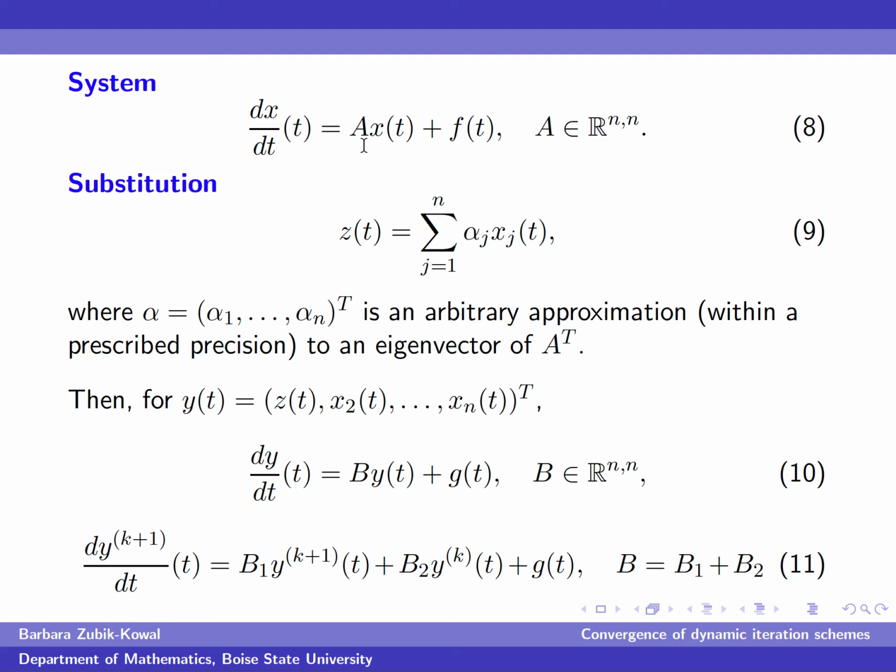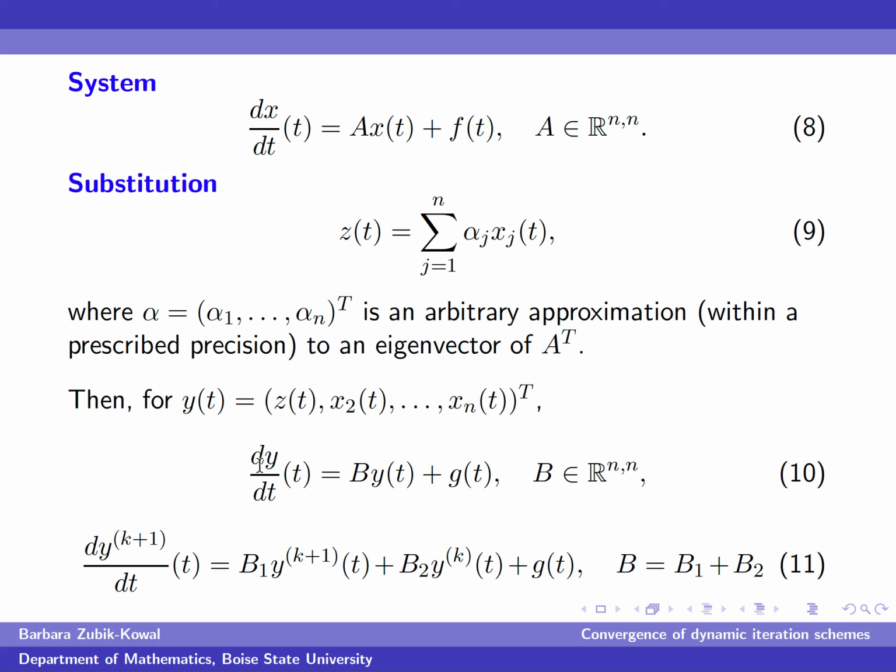And now, having this matrix A, we use this substitution written in equation 9, which decreases the magnitudes of the entries multiplied by successive iterates. Here, alpha is an approximation to an eigenvector of the transpose of A, and having this new dependent variable zt, we get this new system,